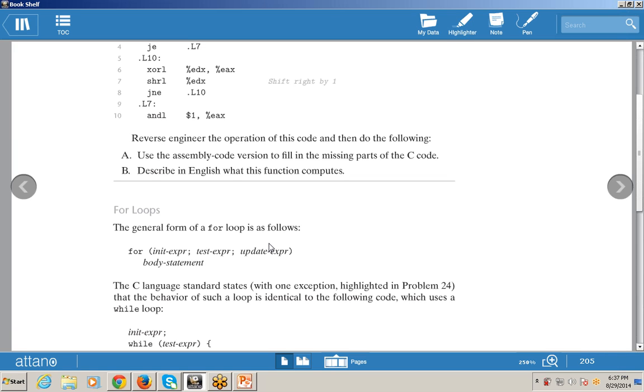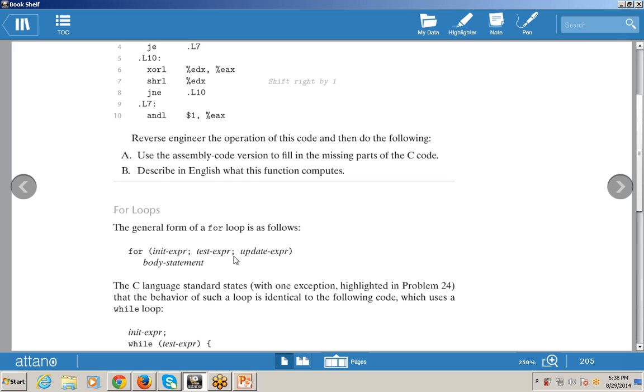Then there is the test expression, that is checking the condition, and then there is the update expression, means either you can increment or decrement. So this is your initialization part, that is INIT. Then there is a test expression, means checking the condition, and an update expression, that is either increment or decrement.